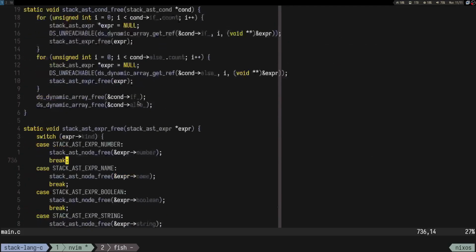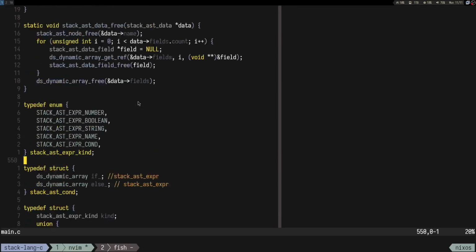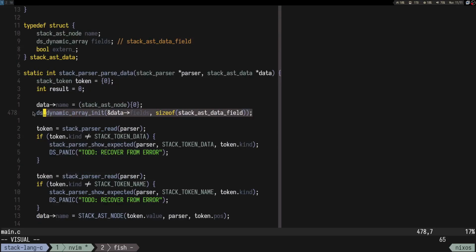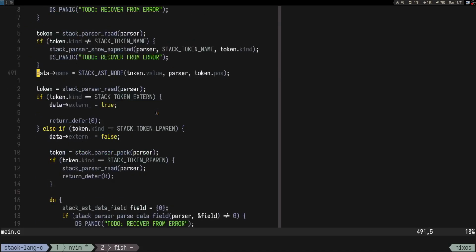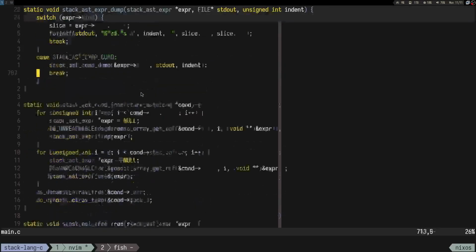That's interesting. Did I initialize the arrays in data? I don't know why I'm checking that, but bear with me. Yeah, we do. Anyway, let's go next. So at functions,